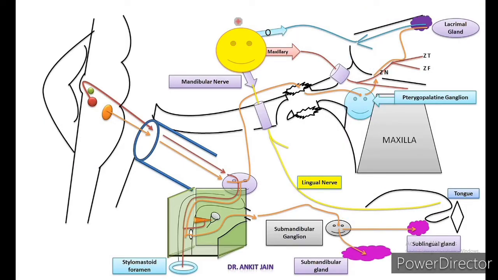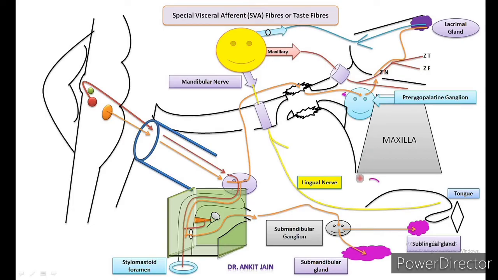Now I am going to discuss the special visceral afferent fibers, or taste fibers. Taste fibers, which bring the taste sensation from the soft palate, first pass through the pterygopalatine ganglion, and without relay here, they enter into the foramen lacerum through the pterygoid canal. From the foramen lacerum, these fibers enter into the middle cranial fossa. Then these fibers run backward and leave the middle cranial fossa through the hiatus and enter into the geniculate ganglion